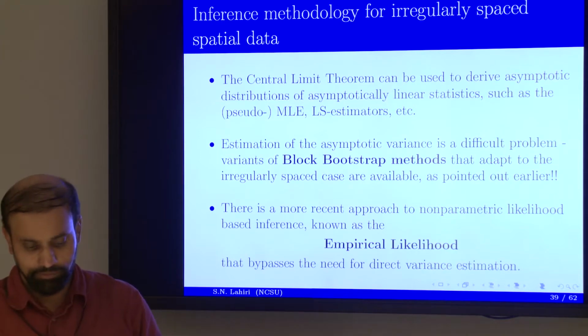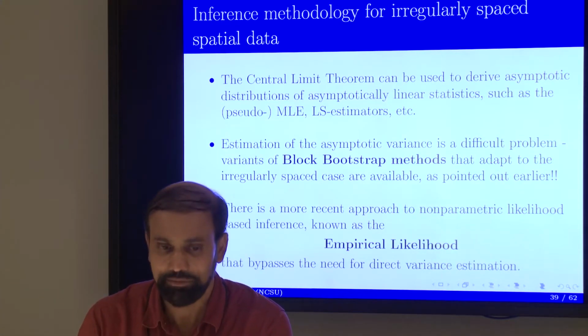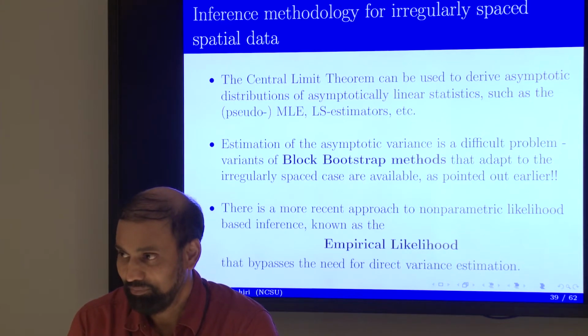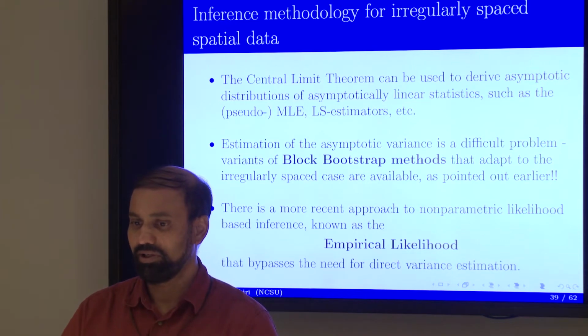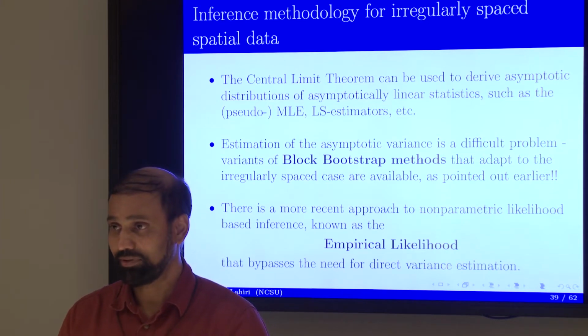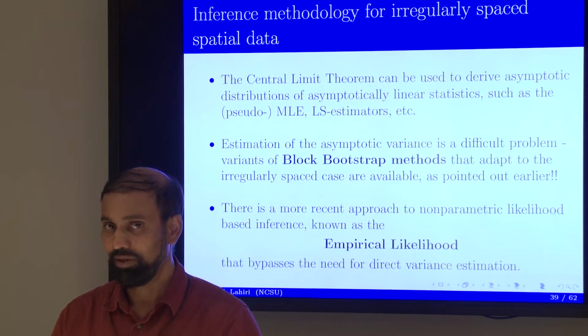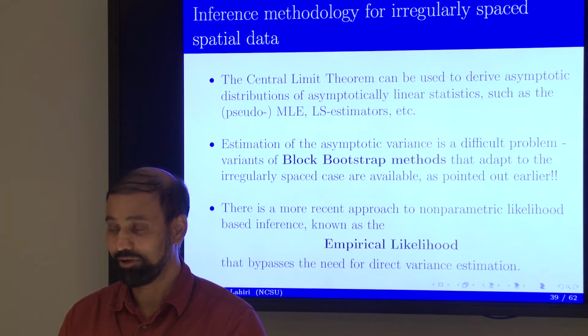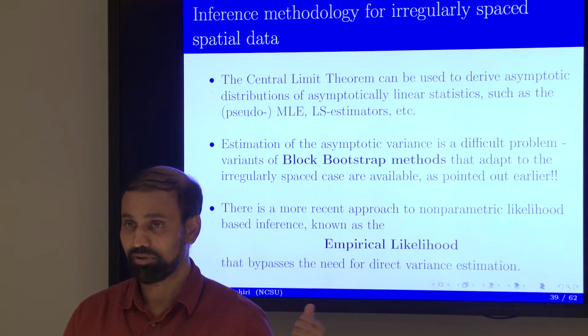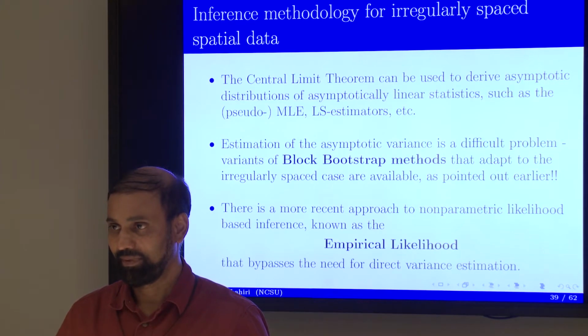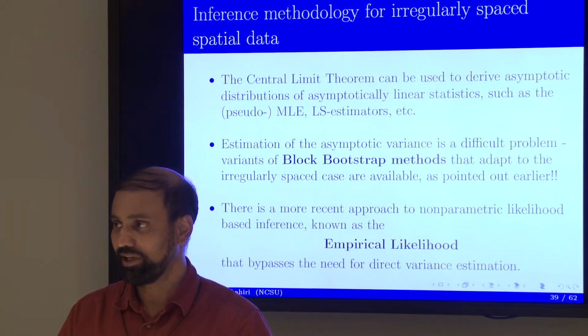One thing that people often will not tell you, when you're doing the bootstrap, if your goal is to estimate the standard errors, great, you can do it in many cases. If you are trying to improve the coverage accuracy for one-sided confidence intervals, the bootstrap is good in regular models. You get something better than using the limit distribution. But if you're going to the two-sided case, that's what people use most often, bootstrap confidence intervals are just as accurate as those based on normal approximation. So you do not really gain much.